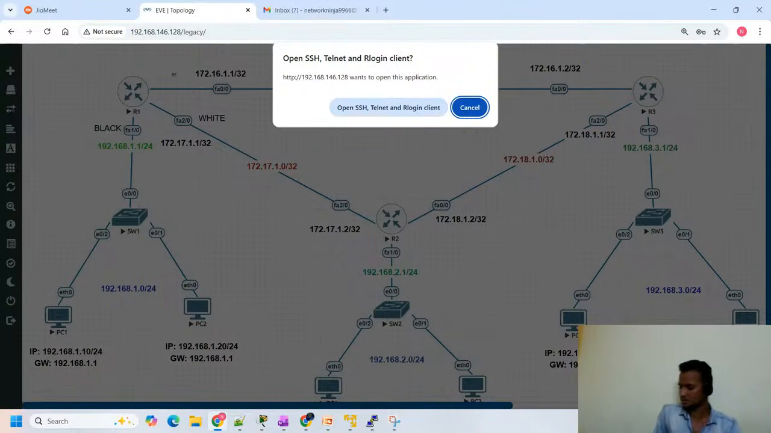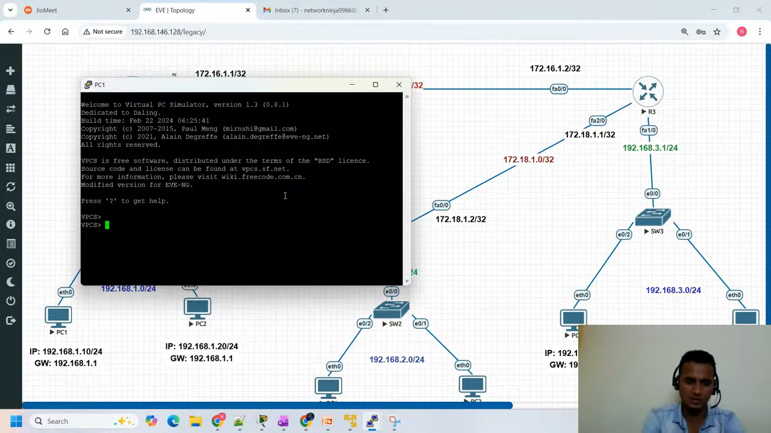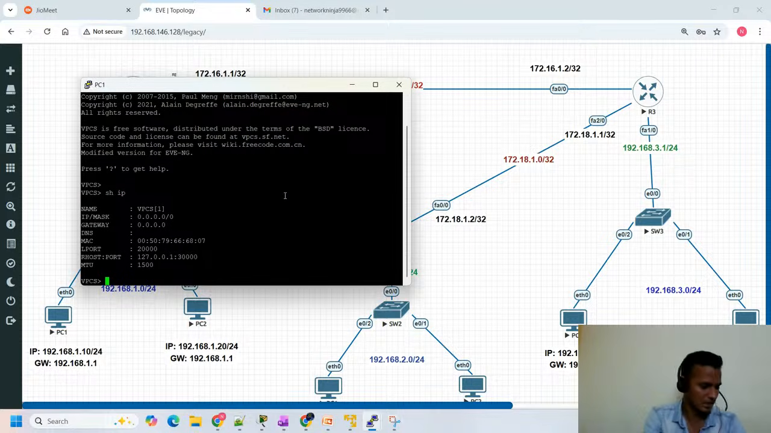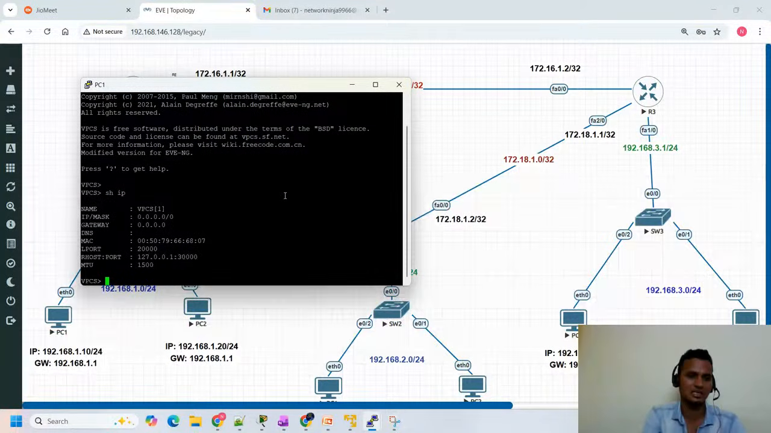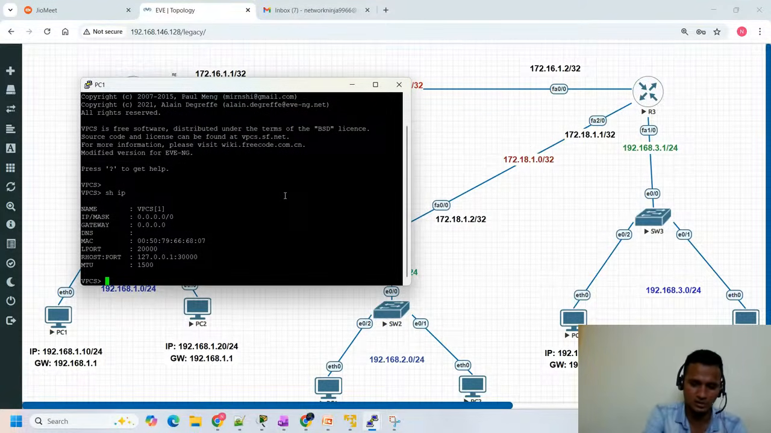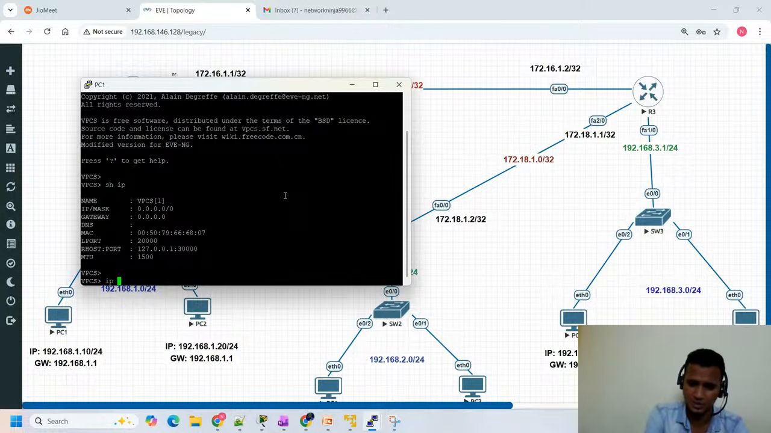Let me open this VPC. If I open it, what is the IP address? Show IP. I'll quickly assign the IP address, guys. So here we don't have an IP address. To assign the IP address in the VPC, IP space